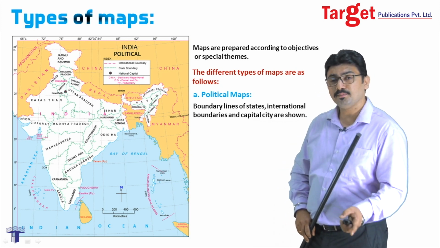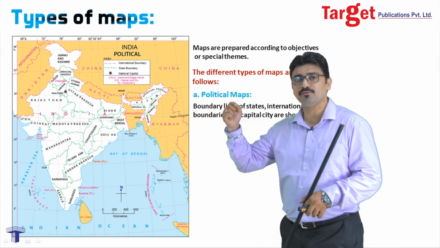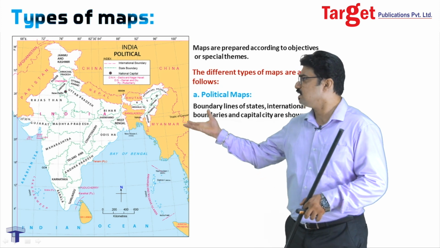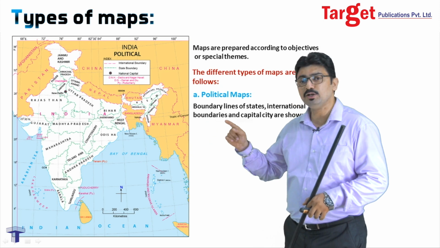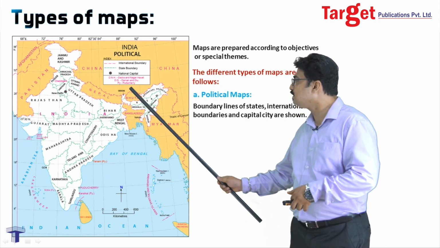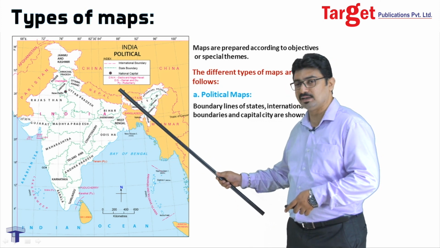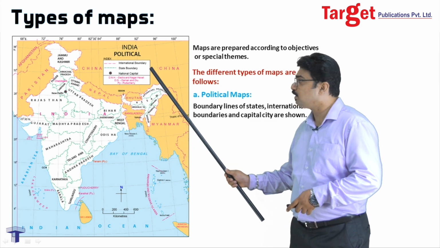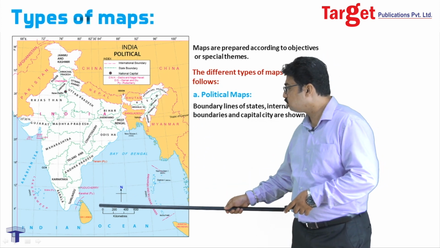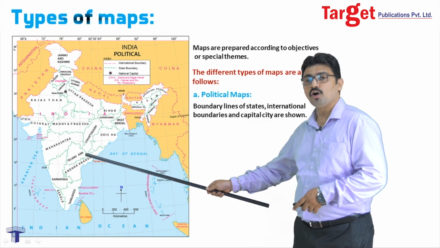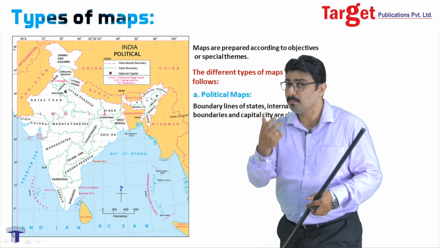Political maps, for example. Political maps are only based on the regions, how the country is divided for governance. Like India is divided into various states for the purpose of better governance. A political map will show you all the important state boundaries. It will show you all the important cities, including its capital city. It will also show you the neighboring countries of India, as well as the water bodies which share a common boundary with our international boundary. So this is known as a political map.